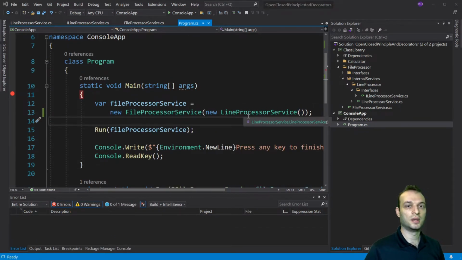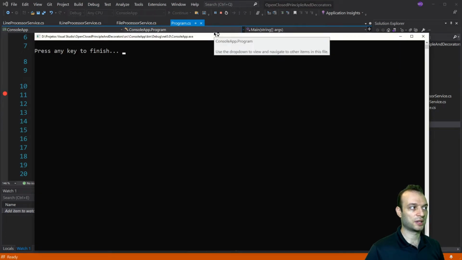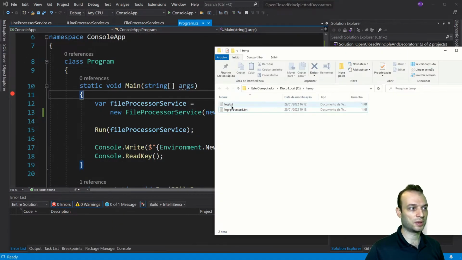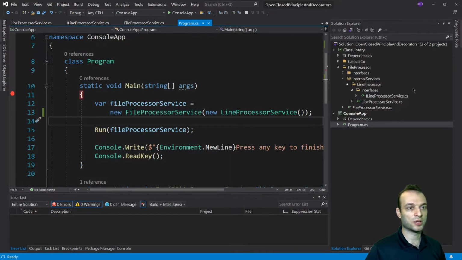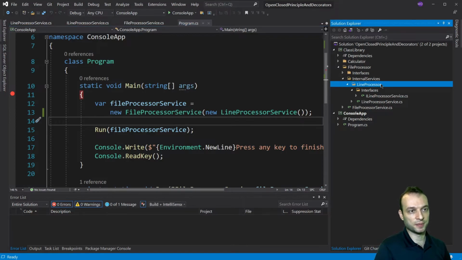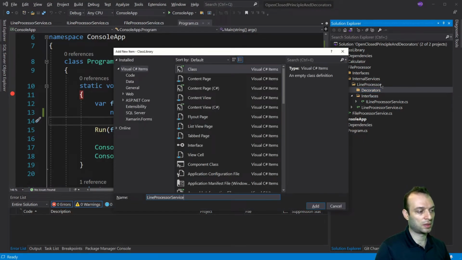Okay, now we can run this. We don't need to go step by step. Let's just let it run and see the result. Now this is the input file with upper strings, and this is the lowercase version processed. Okay, so now we have to create the decorator. Decorators. Create a decorator